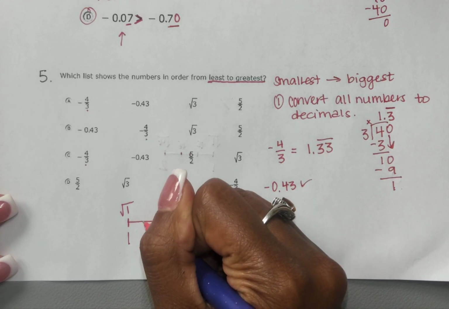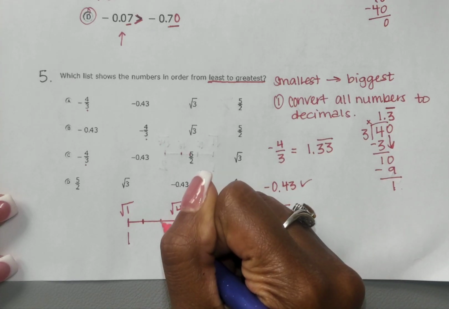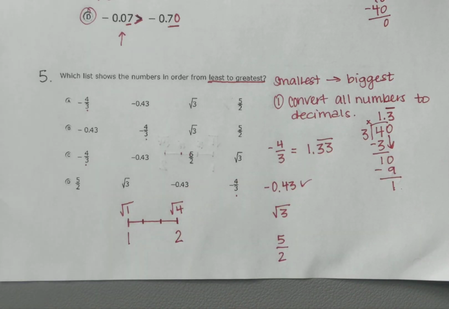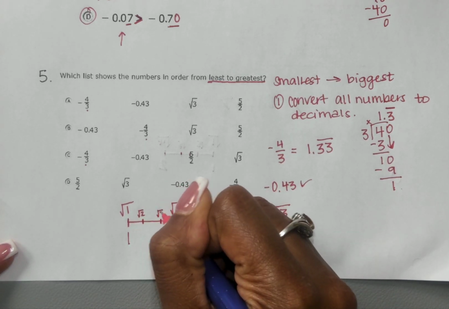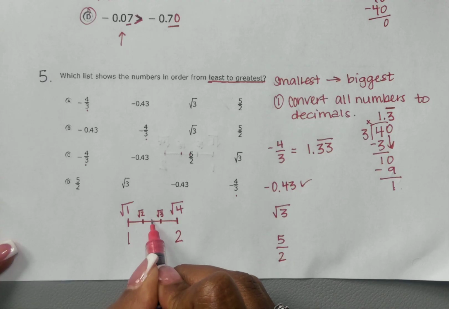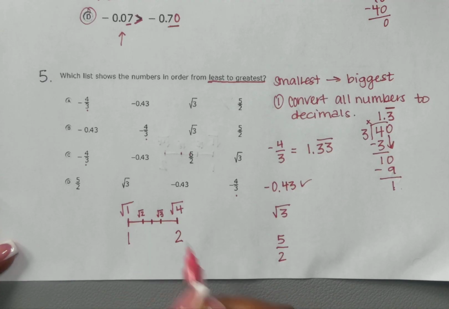So again, we want to think about distance, making sure that it's equal in distance. So if this is the square root of 2, then this is the square root of 3. So I know that it's more than 1.5, but it's less than 2. And so I would estimate this to be about